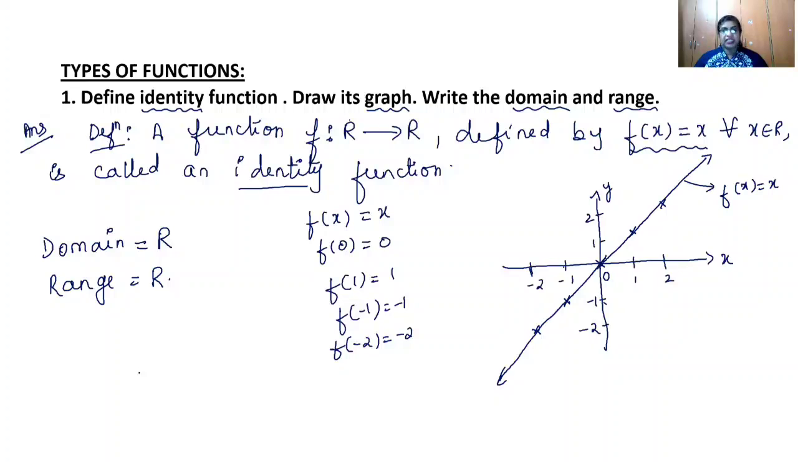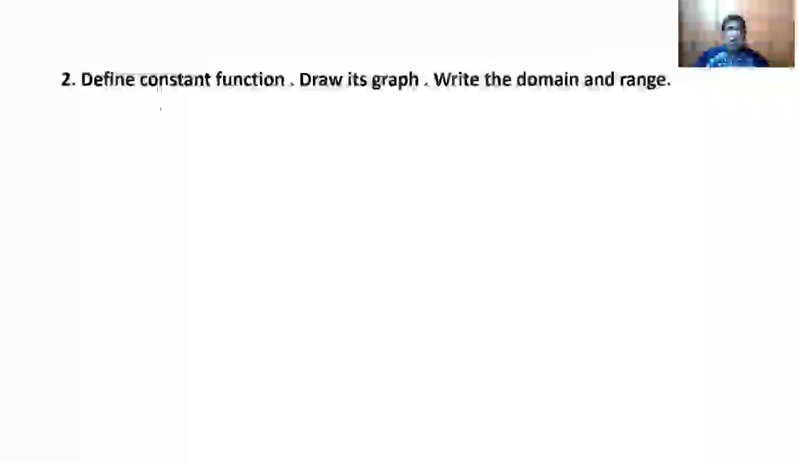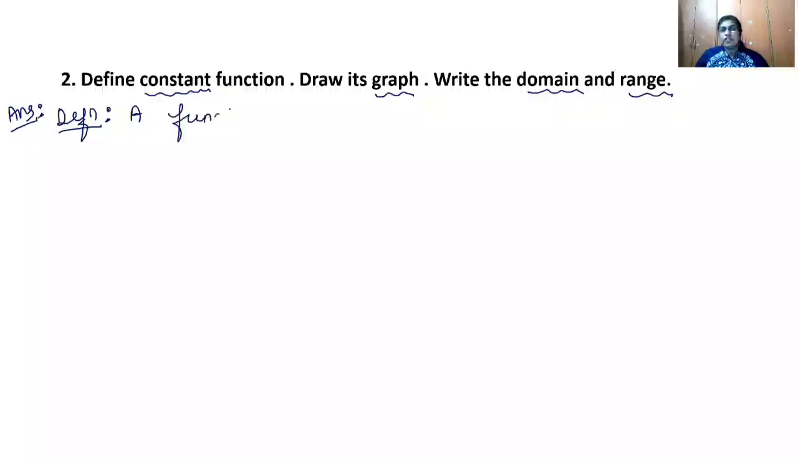Yes. Okay. Next, we shall move on to the second type of function, which is the constant function. Okay. So define constant function, draw its graph and the domain and the range. So first, let us write the definition of a constant function. Okay. So definition: a function f from R to R defined by